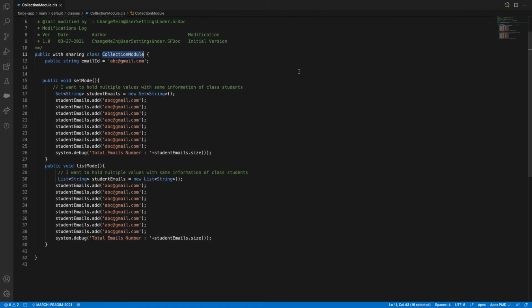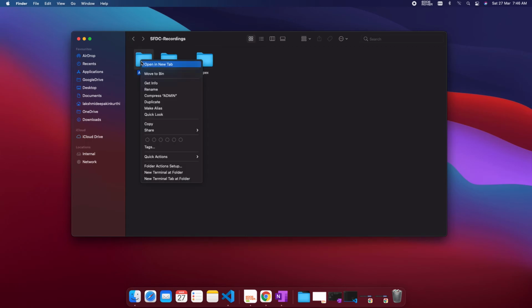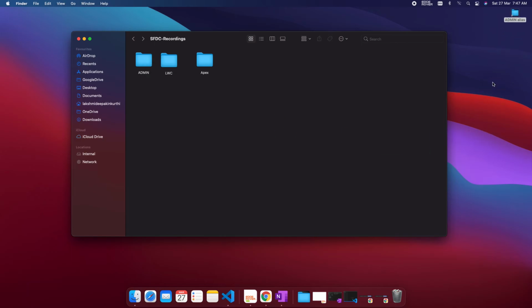It is like, on a computer, if I create a shortcut, make alias. So this is a shortcut, isn't it?